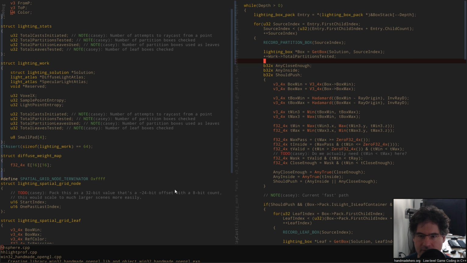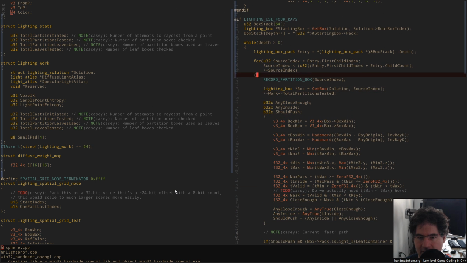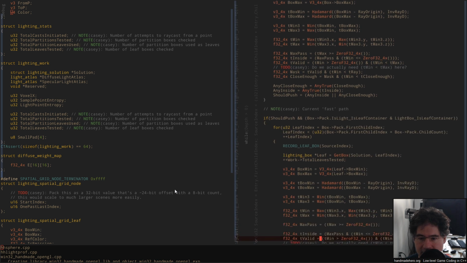Okay, so here's the actual light loop. You can see how it works. It's basically just looping through the children of the entry on the box stack. And so the way this works is it just says, look, we're going to start with one box on the stack, and we're going to go ahead and consider that box. And the way we do that is we loop through the leaves that it has,